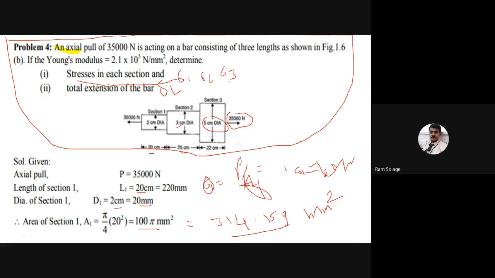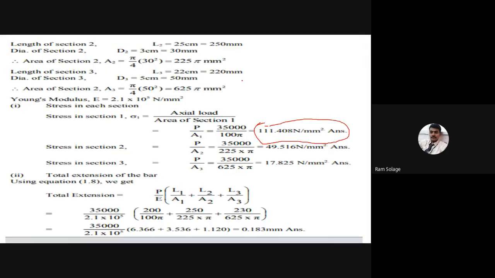Correct. Anil Dongre has calculated all values. Check the answer. All solutions are ready. Sigma 1, sigma 2, and sigma 3 are ready. Please just check the answer. Very good. I think a number of students are giving the solutions. As per your given answers, I think type number 2 is understood. This is the first problem. Then a number of students are solving the problem and giving the correct answer. Very good. Calculate sigma 1, sigma 2, sigma 3.